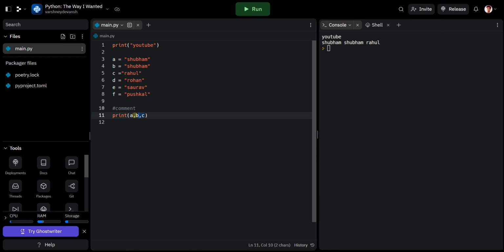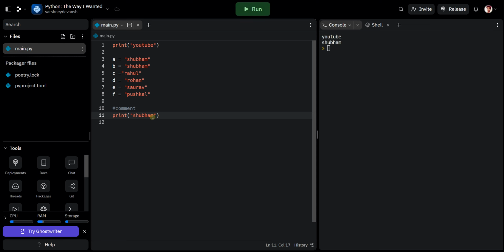Okay, so what if you just write Shivam again? What is going to happen with this? Shivam is going to be printed.